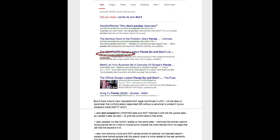Okay, so as I said, they found more links to the main pandalist.html, and that's how they chose it, which I've confirmed in Link Research Tools. By the way, I think Link Research Tools is the best linking tool out there. It's a little bit more pricey, but it's got the best suite of tools as far as I'm concerned. So Link Research Tools definitely is what you should be looking for from Kemper if you want to do any link analysis. And the only time you want to do link analysis is after you've received the